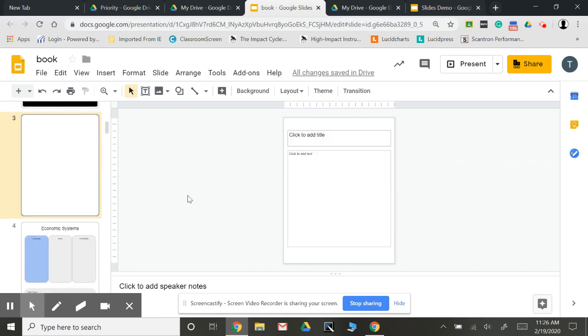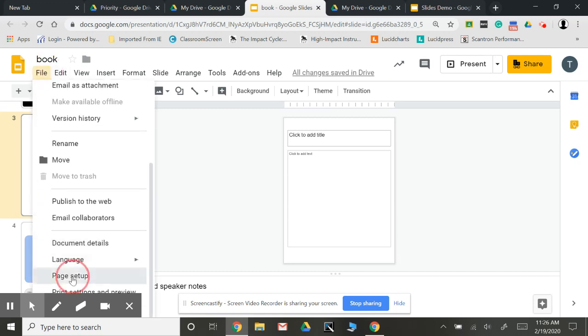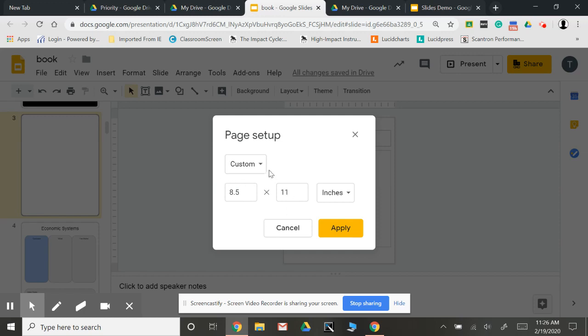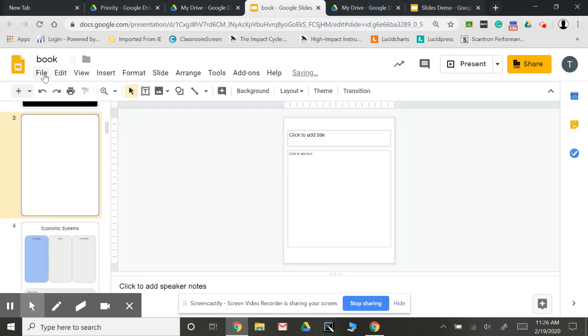And remember, the key to all of this is starting with that formatting, which you go to File, Page Setup, and you want to hit Custom and change that to 8.5 by 11 inches. Make sure you don't have centimeters, pixels, something like that, because that's going to make a really different shape than you intend to. And then hit Apply. And you'll notice if I wanted to print this,